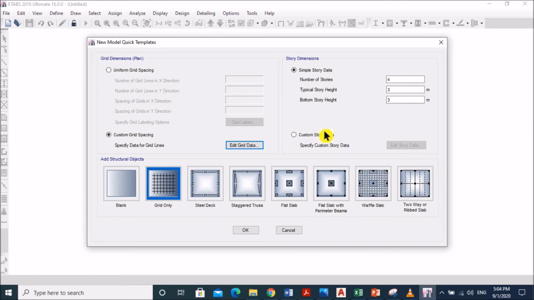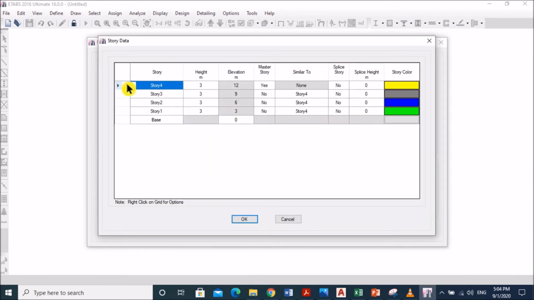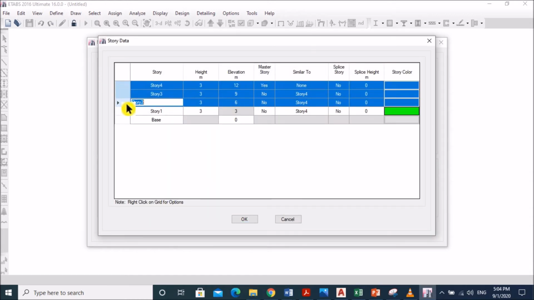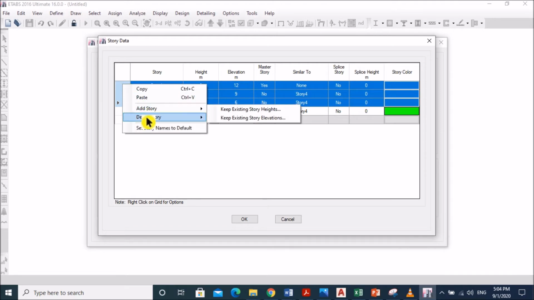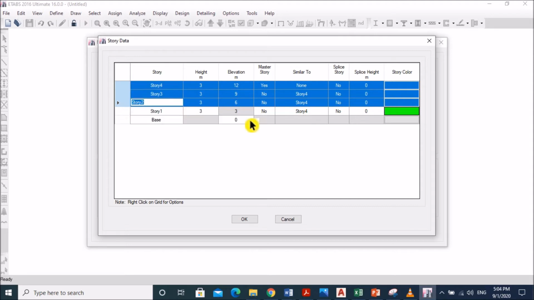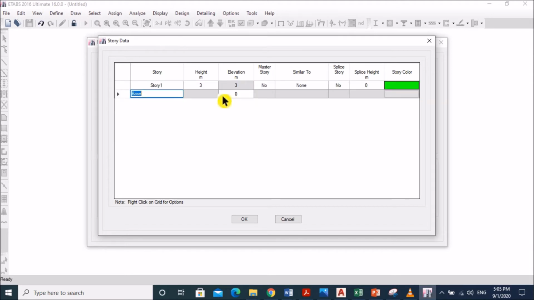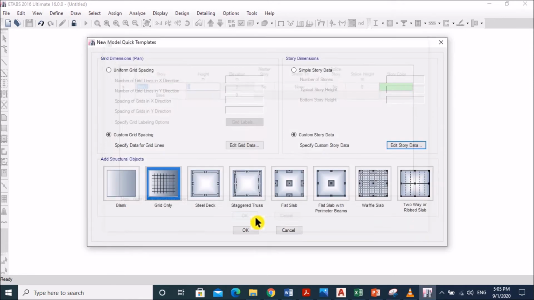Now go to the custom grid story data, edit story data. We need only one story, so delete other story data. Delete story, delete existing structure at story. Now we have a story height of 3 meter only. Then OK.